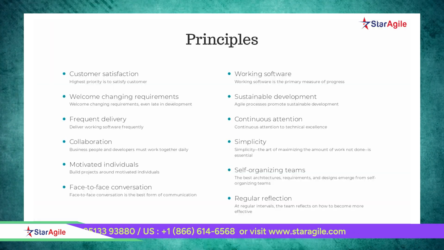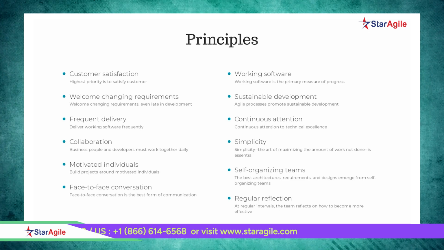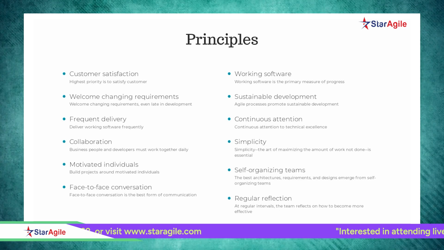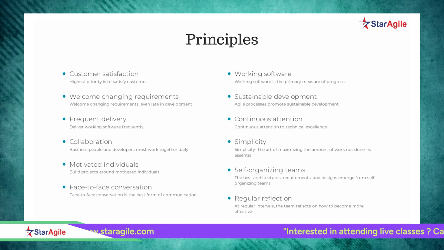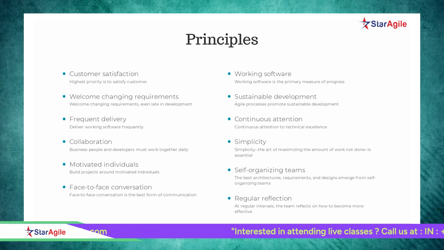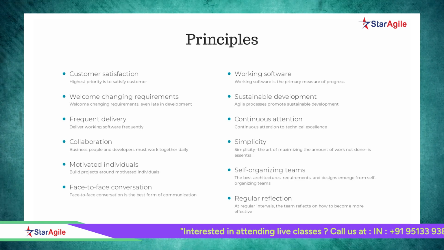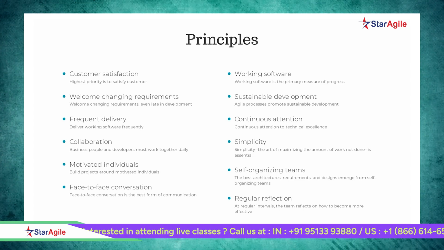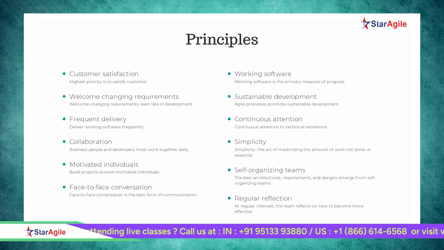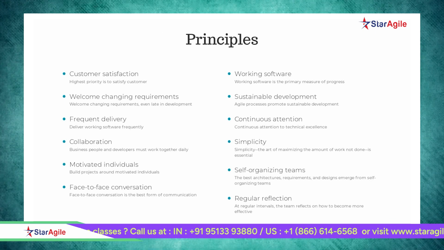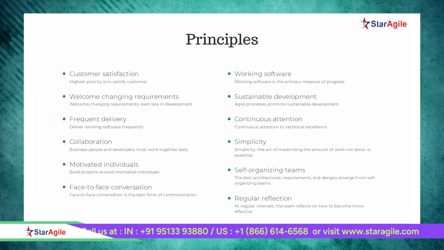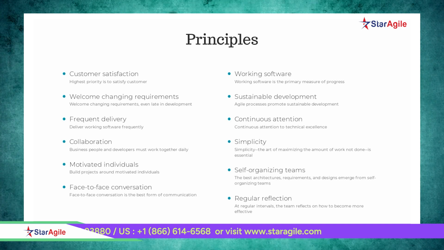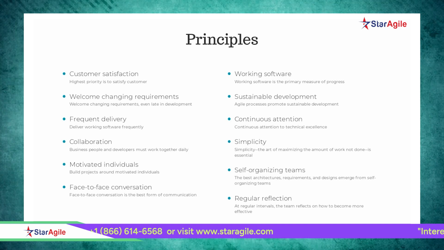The 12 principles. Let us understand what these principles are conveying. Customer satisfaction through early and continuous delivery of valuable software. Agile prioritizes delivering working software to customers as early and frequently as possible. This enables customers to provide feedback early in the development process, ensuring that their needs are met and increasing overall